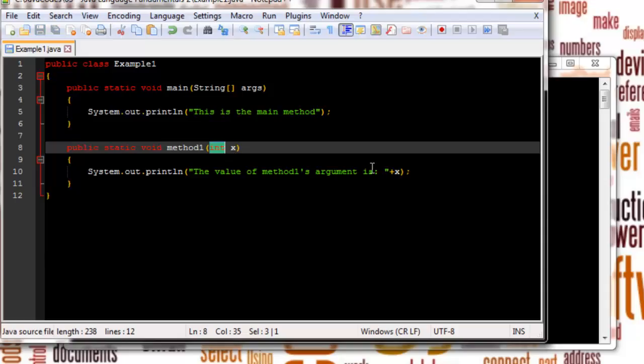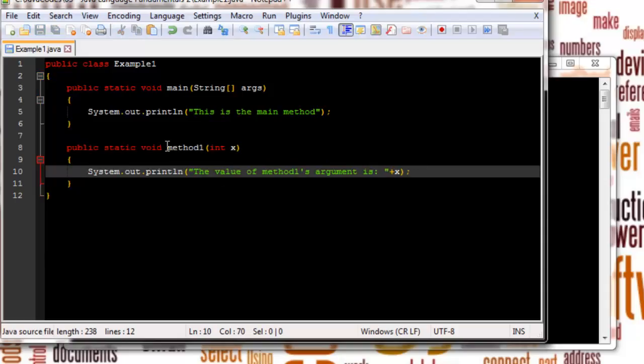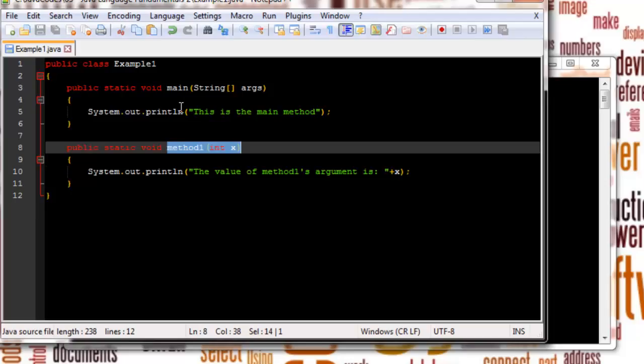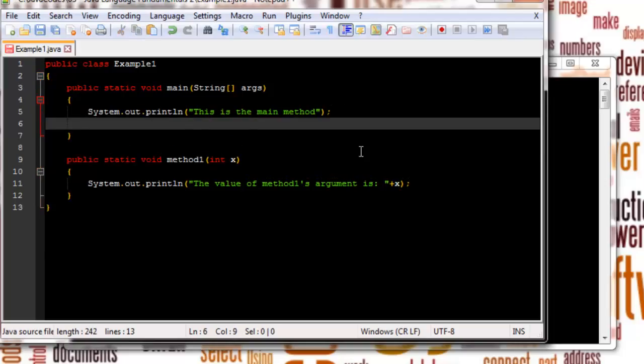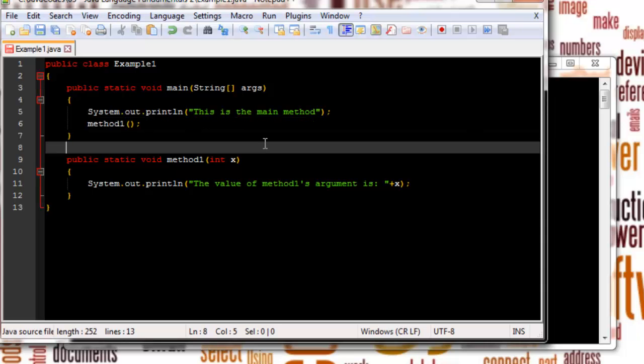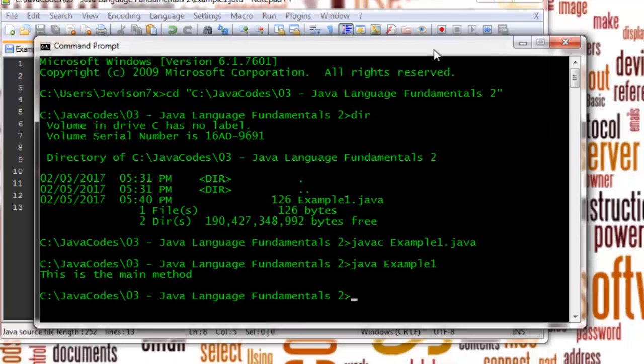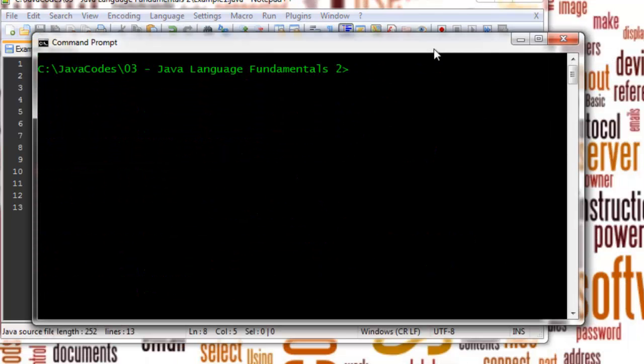So this means that whenever we are invoking method1 inside the main method, we have to pass in an argument called x. Now let's invoke it without passing an argument, and you're going to see what's going to happen. So I'm going to simply invoke method1 inside the main method without passing in an argument. I'm going to have a compilation error. So let's save this, then let's check it out. I'm going to clear the screen, and I'll try to compile example1.java,